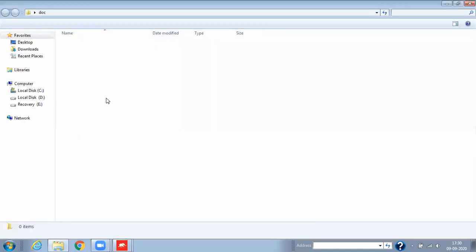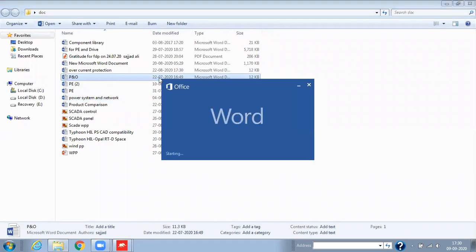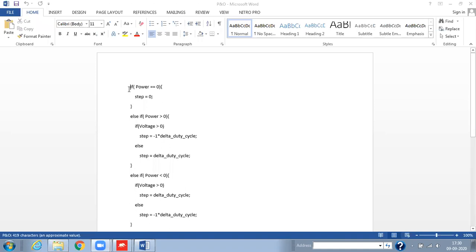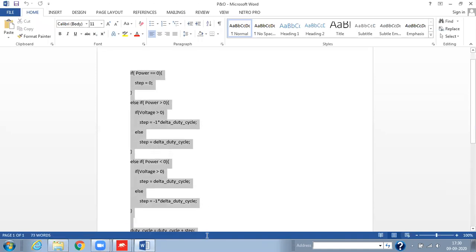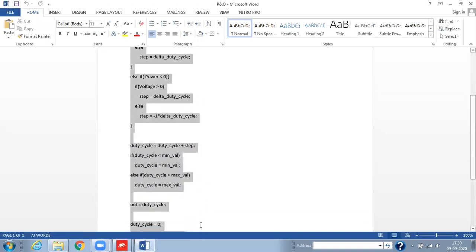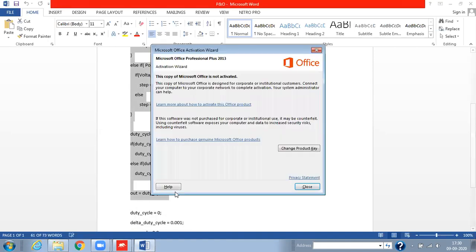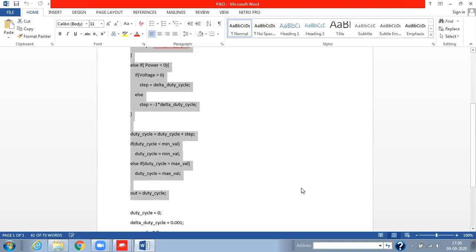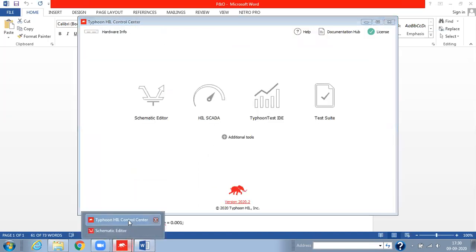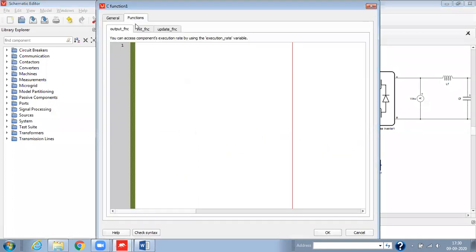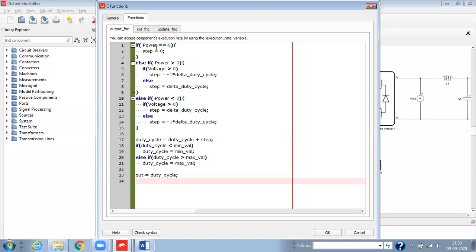I have the P and O code. It will take time to write that code, so that's why I'm not going to waste that time. Now we can paste here.